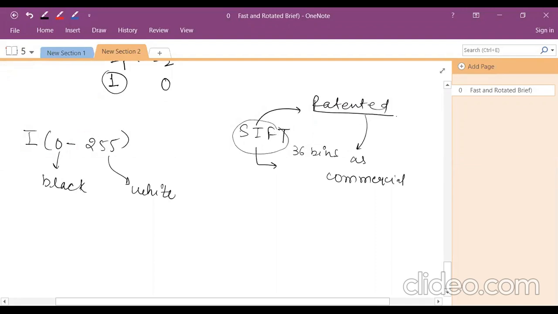Just from the tutorial point of view, I can give you some instruction, but from the application launching point of view, just like in augmented reality, I cannot use the SIFT algorithm because it is patented. That's why we are using the ORB algorithm. ORB is not patented, and it is a free and open source algorithm. So that is the reason augmented reality applications widely depend on ORB. So now it's time for the demo.